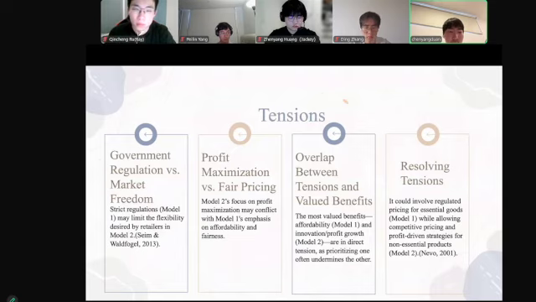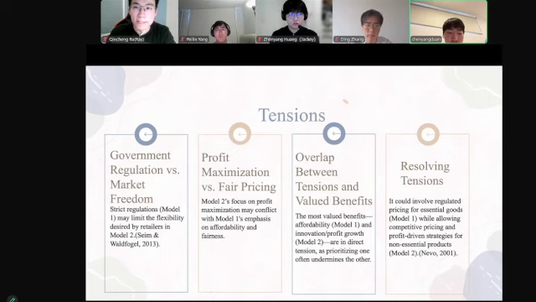The government regulation and market freedom. The strategic regulations may limit the flexibility desired by retailers in Model 2. The profit maximization and fair pricing. Model 2's focus on profit maximization may conflict with Model 1's emphasis on affordability and fairness. The overlap between tensions and valued benefits. The most valued benefits, affordability and innovation profit growth, are in direct tension, as prioritizing one often undermines the other. And for resolving tensions, it could involve regulated pricing for essential goods while allowing competitive pricing and profit-driving strategies